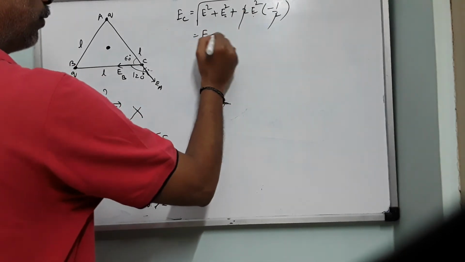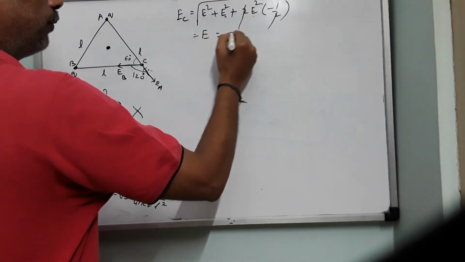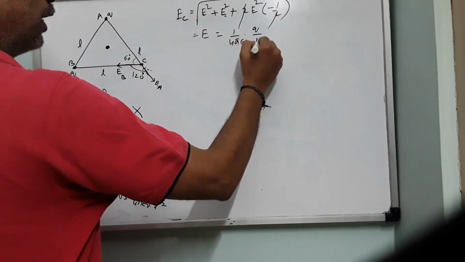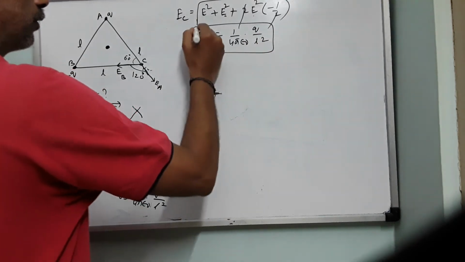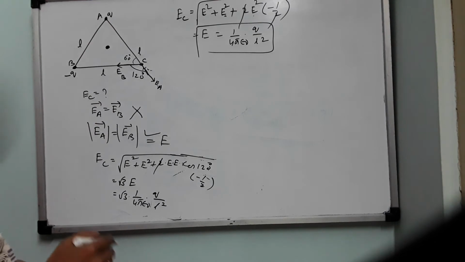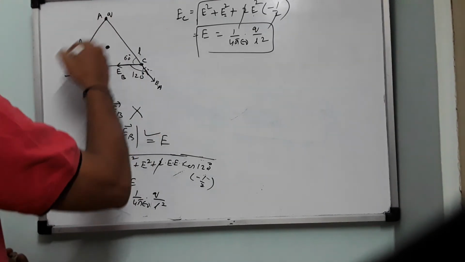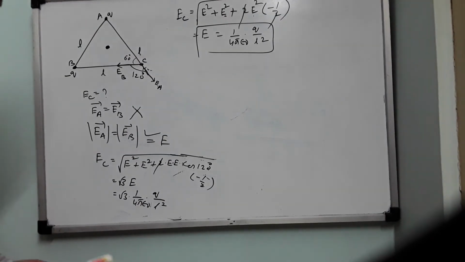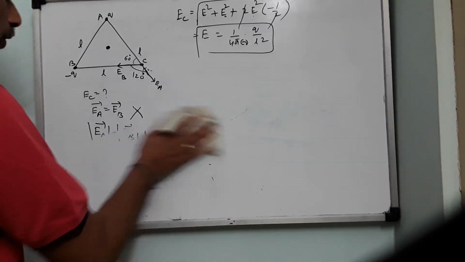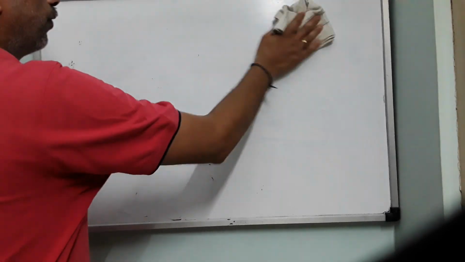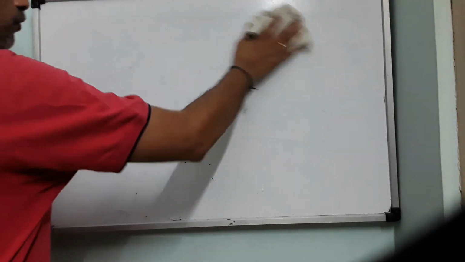So this will be your E. So the answer is E, meaning 1 by 4 pi epsilon 0, magnitude of any one charge over distance squared. This is your final expression. So if both of them are positive charges, it was root 3 E, and if one of them is a negative charge, it will become only E. So these types of problems are very, very important, maybe for your board examination or even for competitive examinations also. So let us start the applications of electric field here. That is the principle of superposition.